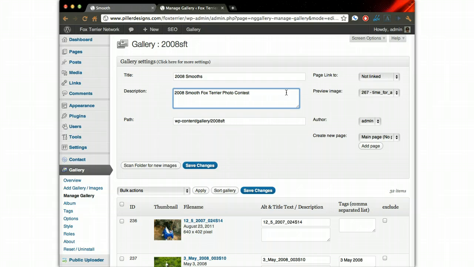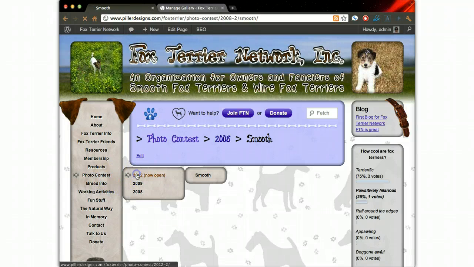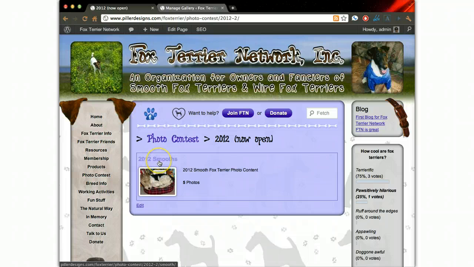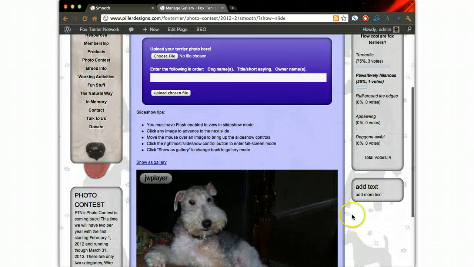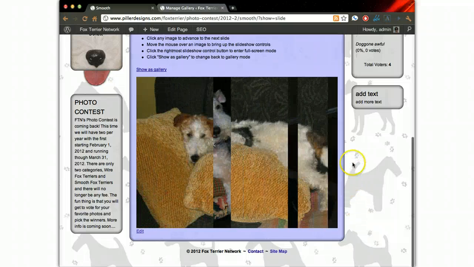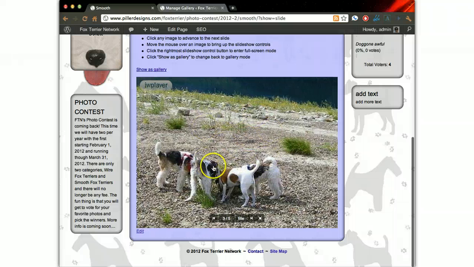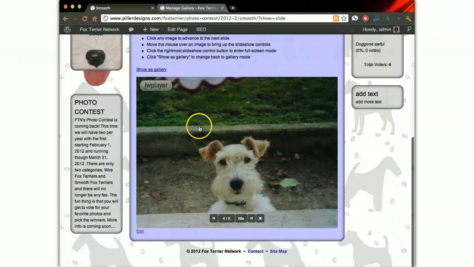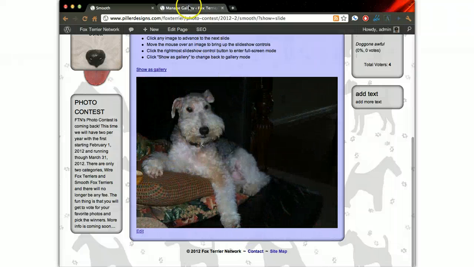One side note with the aspect ratio, if the image is way too wide or way too tall, then the JW player will stretch it. I'll show you what the JW player is right now. So let's go to this one, for example, 2012 Smooths. And if you go to Show as Slideshow, this is the JW player here. If you were to use images that are way too wide or way too tall, it'll zoom them in, so it'll actually be cutting off a lot of it. So you want to avoid that. But in general, as long as they're close, just nothing too crazy, like a vertical line. Anyway,